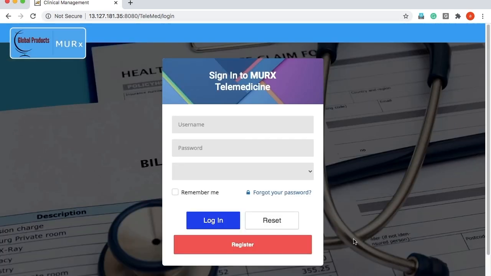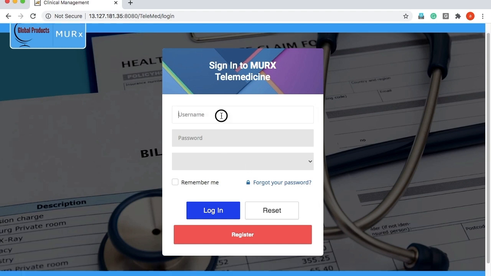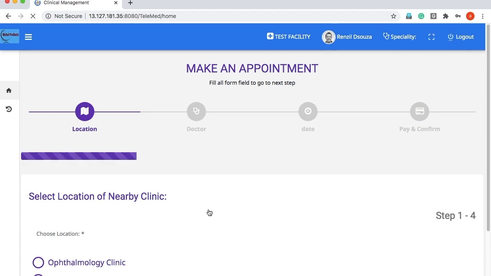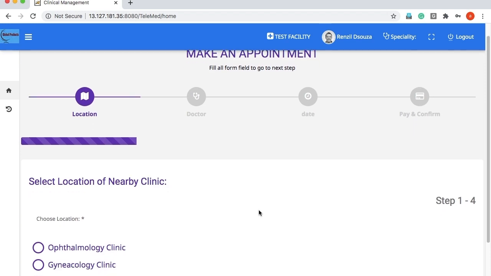Once registered, the patient logs in to schedule a teleconsultation appointment. Logging in will take him to the appointment scheduling page.